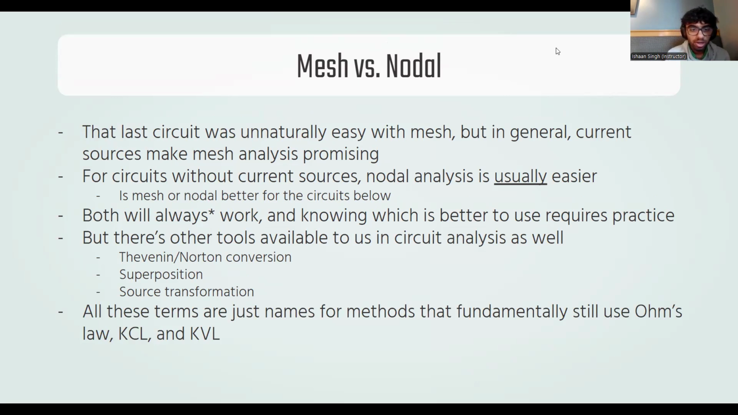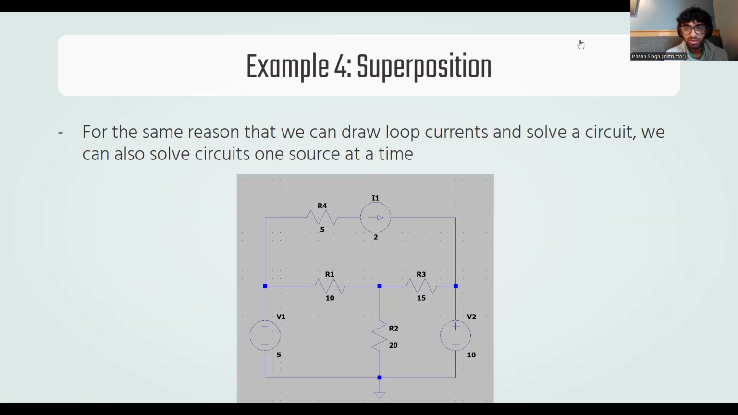So just remember, whatever method we're using, it's nothing too special. It's still just the same principles that we've been using in any circuit analysis. So with that, let's talk about superposition, which, if anything were to be special, why is there an asterisk on